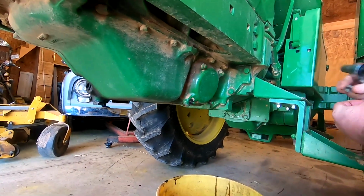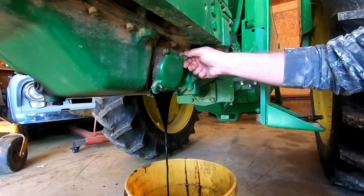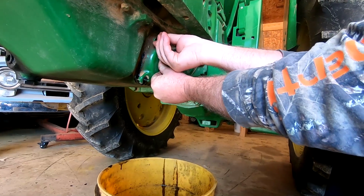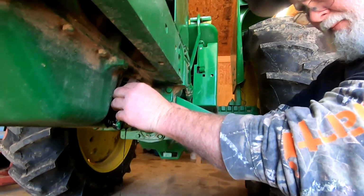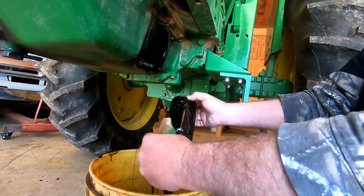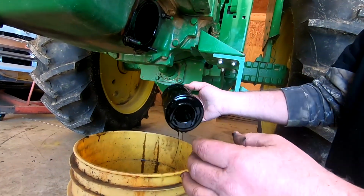Oop, that about went in my bucket of oil. All right, you see there, we're losing oil already. We're going to let that sit there just like that and drain for a minute. Now this thing's spring loaded, so it's got a little spring tension on it, you can see right there. All right. So we're going to let that sit and drain, and I'm going to double check my new filter